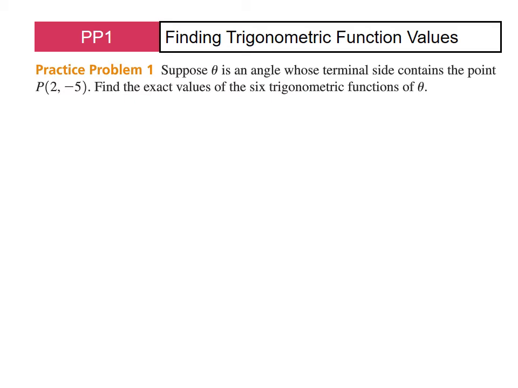All right. Suppose theta is an angle whose terminal side contains the point (2, -5). Find the exact values of all the 6 trig functions of theta. Notice the funny thing is here, we don't know what theta is. There's no value for the angle. We don't even know what that is yet. What we're finding out really in the beginning of the section is that we still can figure out the ratio